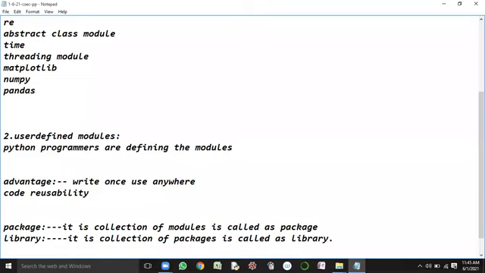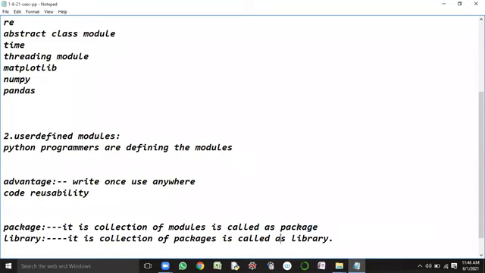So why have I called sys a library? Are you following? Yes, sir. A group of modules can be considered a package. A group of packages is considered a library. A collection of variables, functions, classes saved to a Python file is called a module. A collection of multiple modules will make a package.